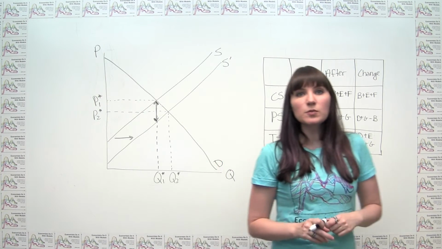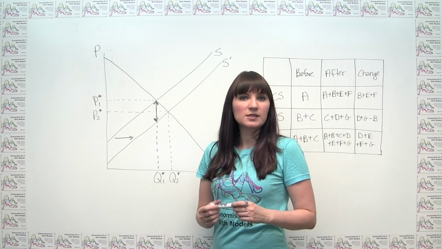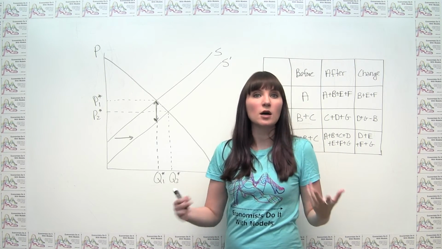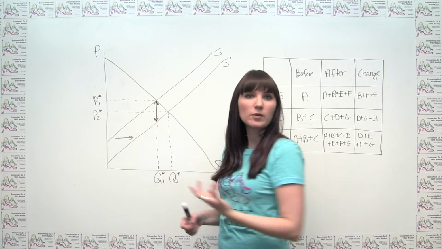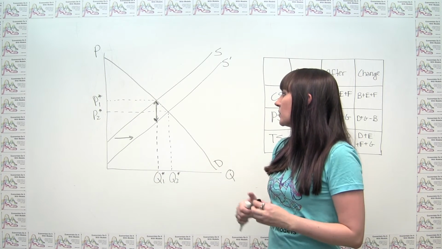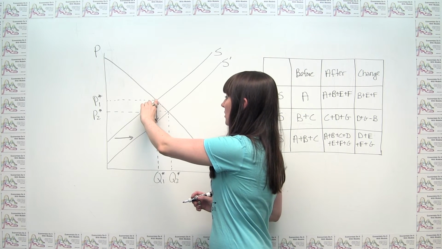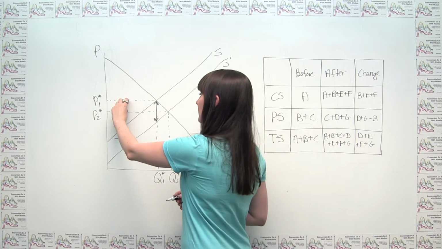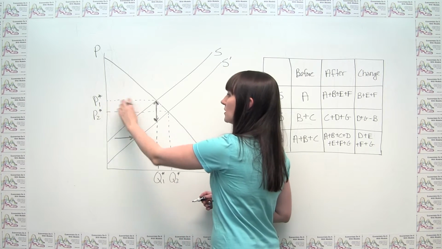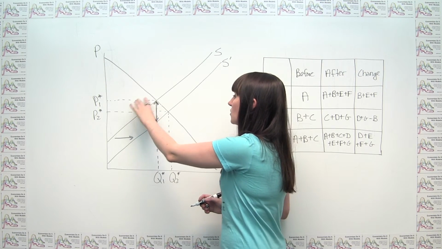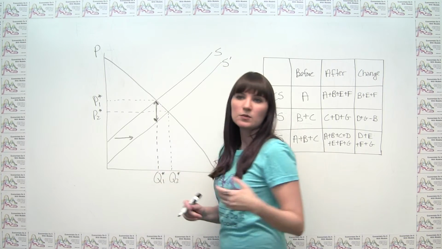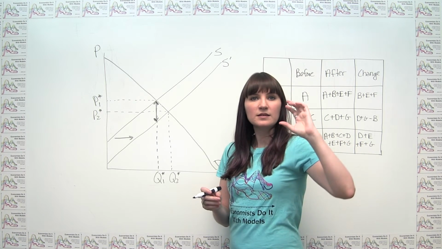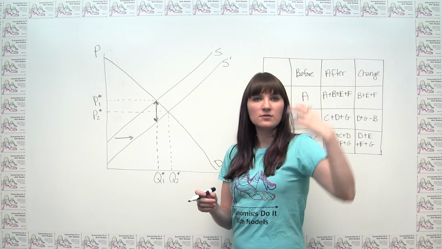And to think about producer surplus, because producer surplus is just the difference between the price received and the willingness to sell, or the price received and marginal cost, since both willingness to sell and marginal cost are given by this supply curve. And what we see is that essentially what's happening is our cost of production is going down by this vertical distance here, but the price decrease is only this amount here. It's only the difference between these two dotted lines that represent our equilibrium prices. So we can see from this that the price decrease that the producer is dealing with is actually smaller than the cost decrease. And because producer surplus is that difference, or that wedge between the price received and marginal cost,